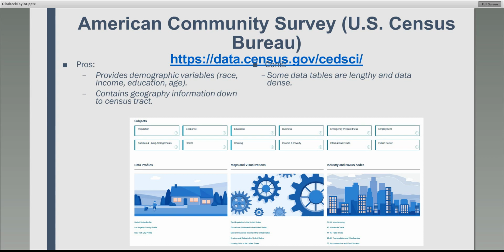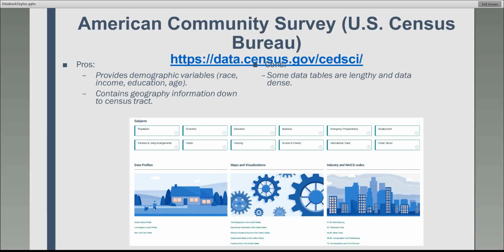So it's similar to the census. It's done every year, and there's some additional questions that are asked on the American Community Survey that are not asked on the census. But this is really helpful because it fills in the gap in data between decades when the census is done. So they just updated their page, and I haven't found the time to navigate through the